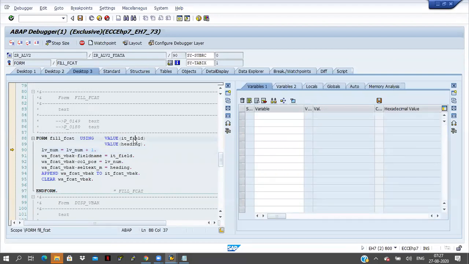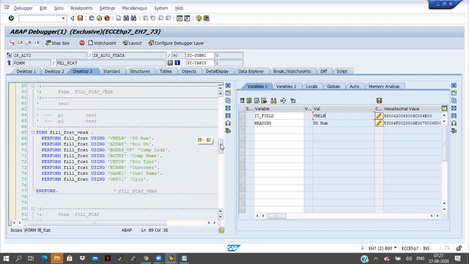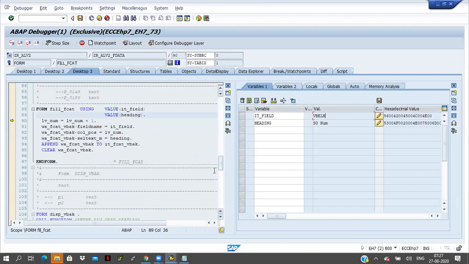If you double click on this IT field and heading, here IT field equal to VBELN and heading equal to SO number. Where is it coming from, how is it coming? You are passing input values, VBELN and SO number, here. These two values I have to hold somewhere, in some variable.